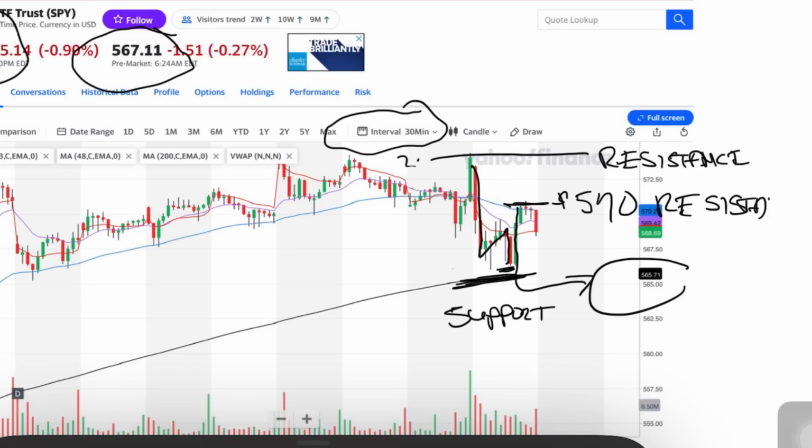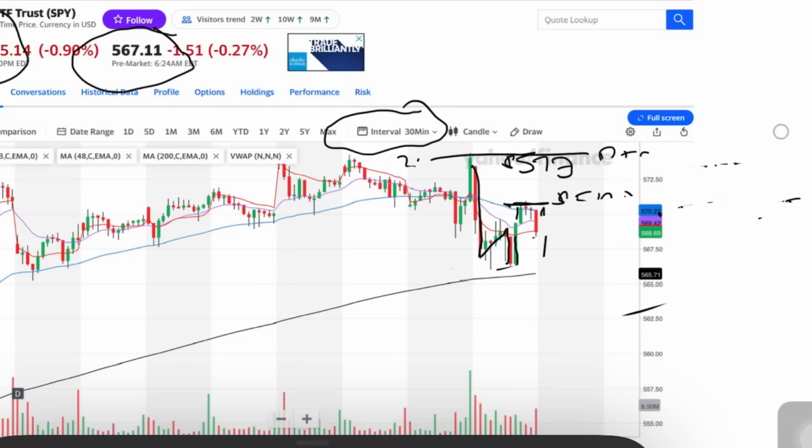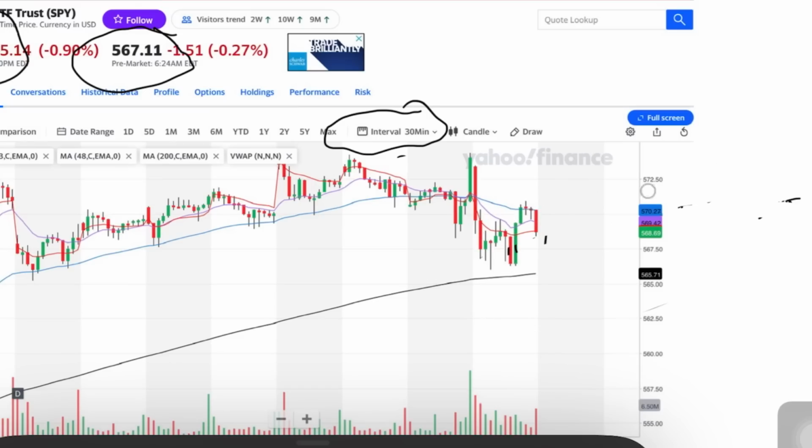If the SPY can't get past 570, it can't get to 573. So you've got resistance at 570 and resistance at 573. You've got to get through these two levels before you can go back to the upside. But if we lose support, what happens, coach, if we can't get above 570? If this fails and we come down here today, the target is